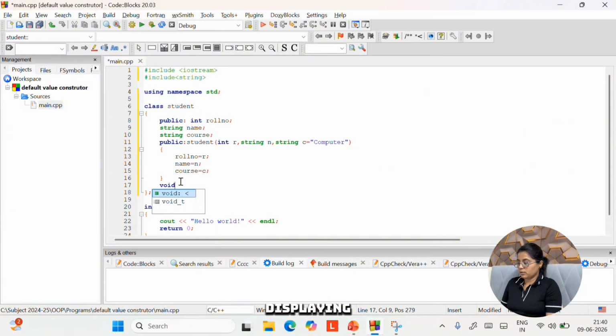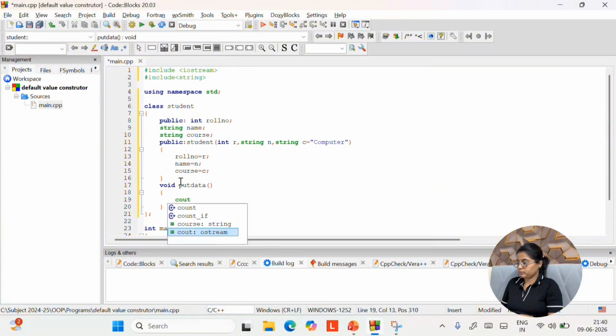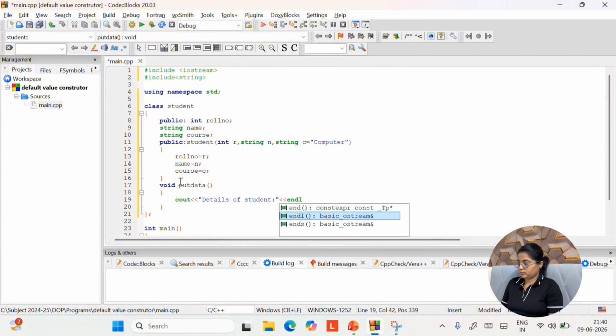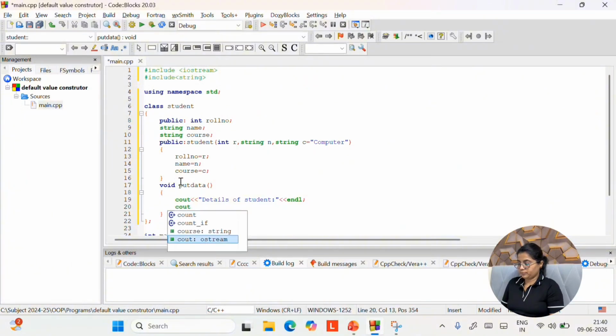Now for displaying, obviously we need to write a member function, that is put data. Inside that we will take cout statements. Details of student. Cout roll number, in which variable we have stored it, roll number.